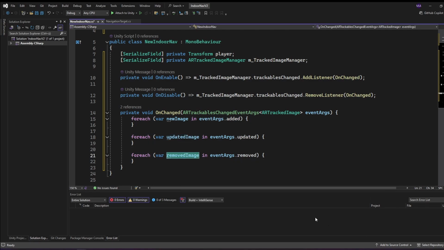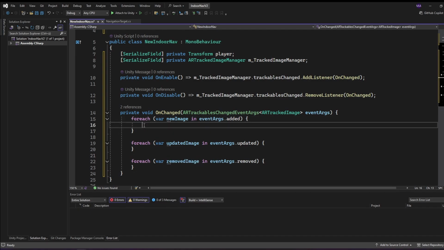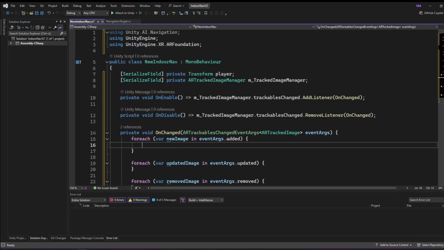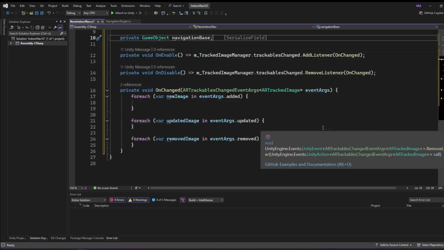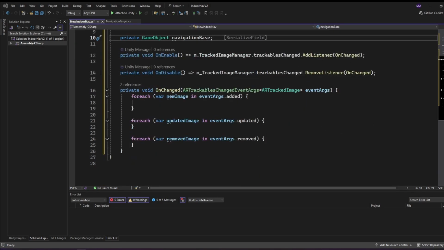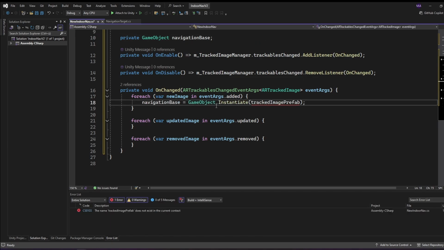And to do that, we're going to initialize our prefab that we created earlier here when a new image is added. So we're going to need a game object for that. I'll just call it navigation base. And this navigation base will be initialized